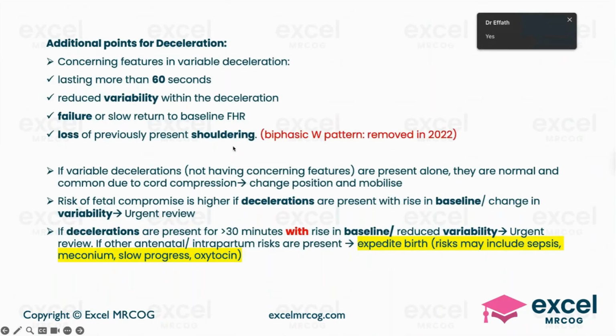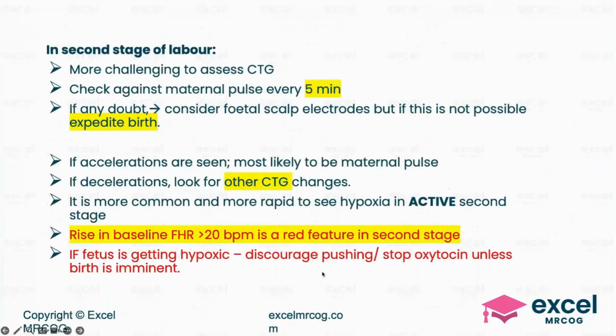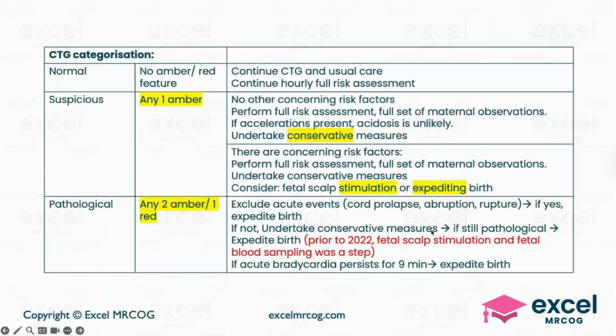So, but in second stage, a rise in the baseline more than 20 is considered a pathological feature. Okay, it's a red feature. So, if you see that the fetus is getting hypoxic, please discourage pushing and stop oxytocin. This is one point you have to remember about rise in baseline. Great. Now,